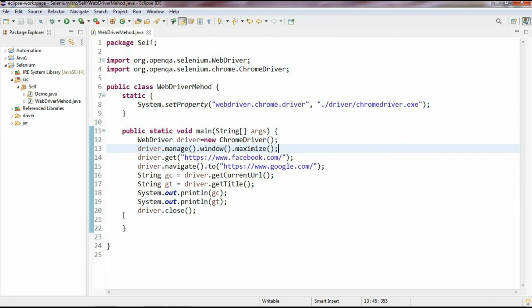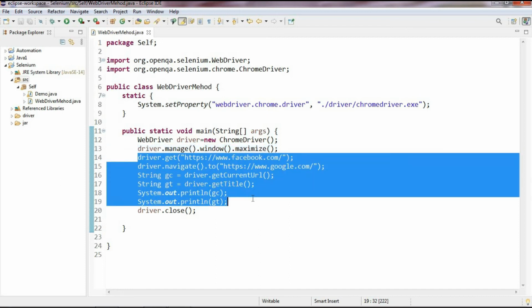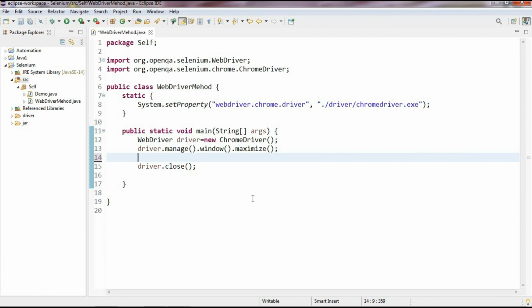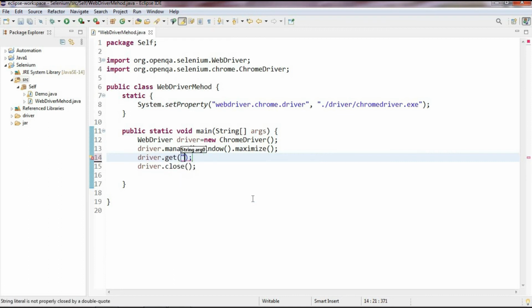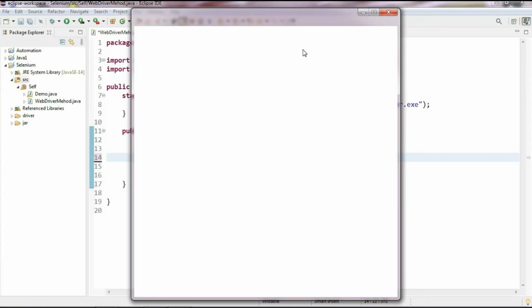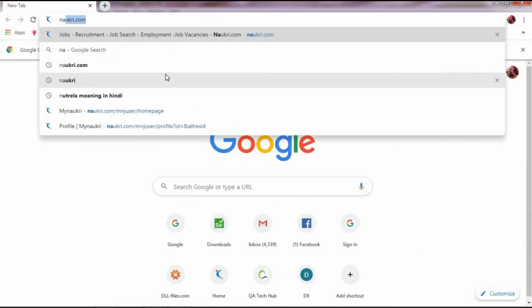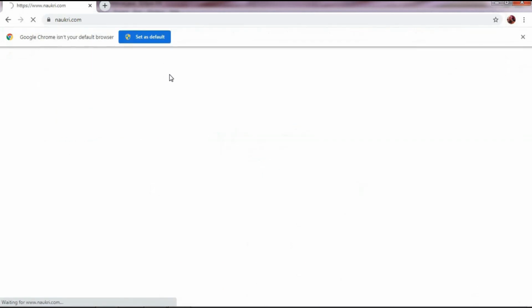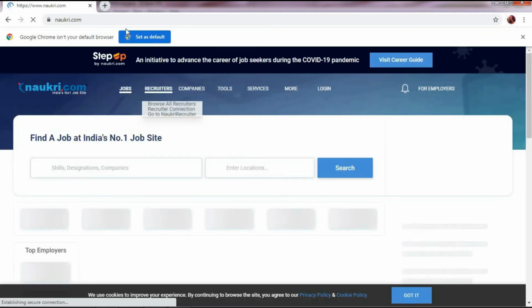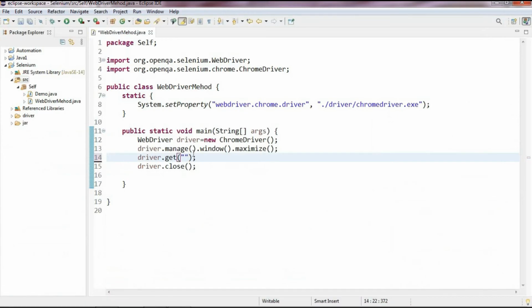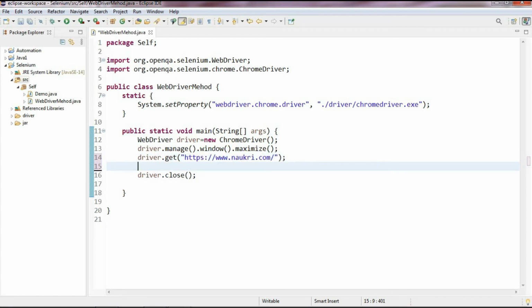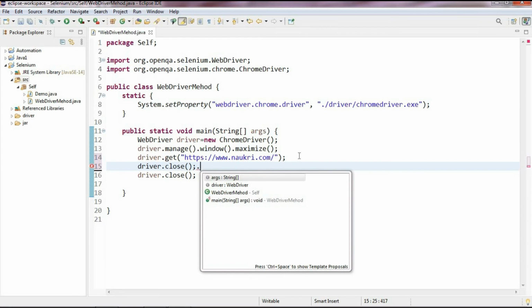So one more method is get page source. It is used to return the HTML of the page. I want to delete this, and use the driver dot get method, give the URL. Now open a Chrome browser. I want to open naukri.com. Copy the URL and paste it here. So now the method is driver dot